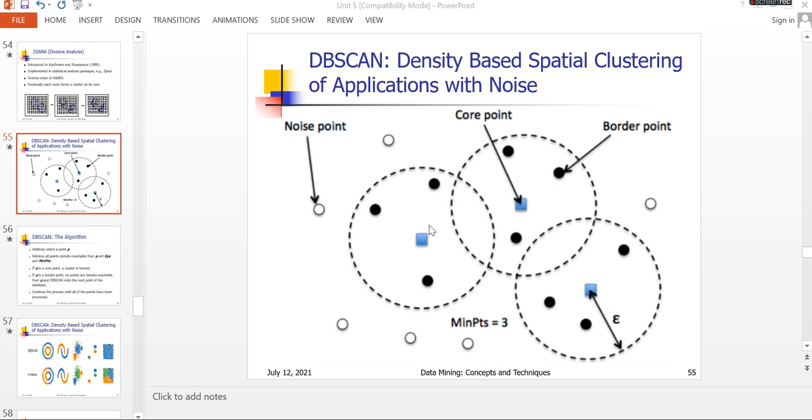What is meant by density? First we will see when we can say the data set has high density, and when we can say the data set has low density. When some points in a data set are very near to each other, the density is high.